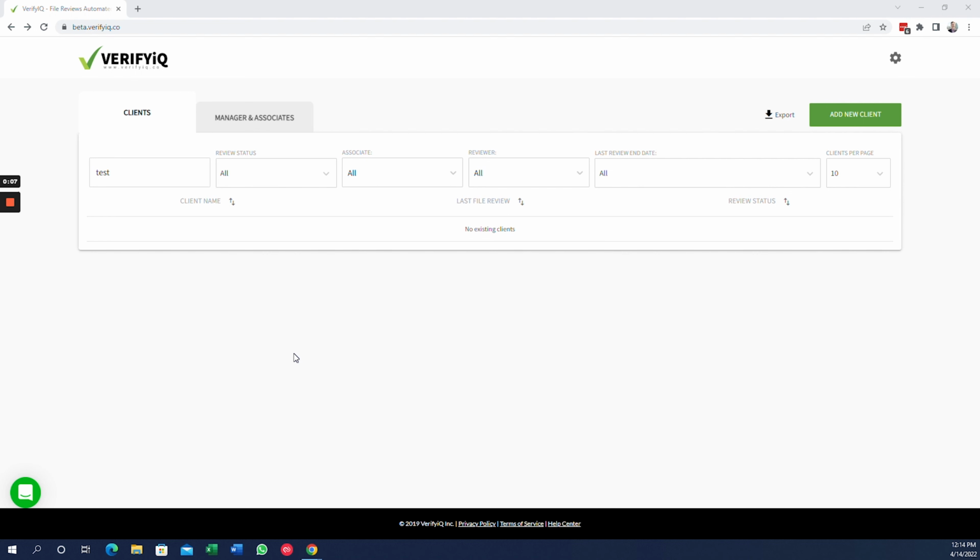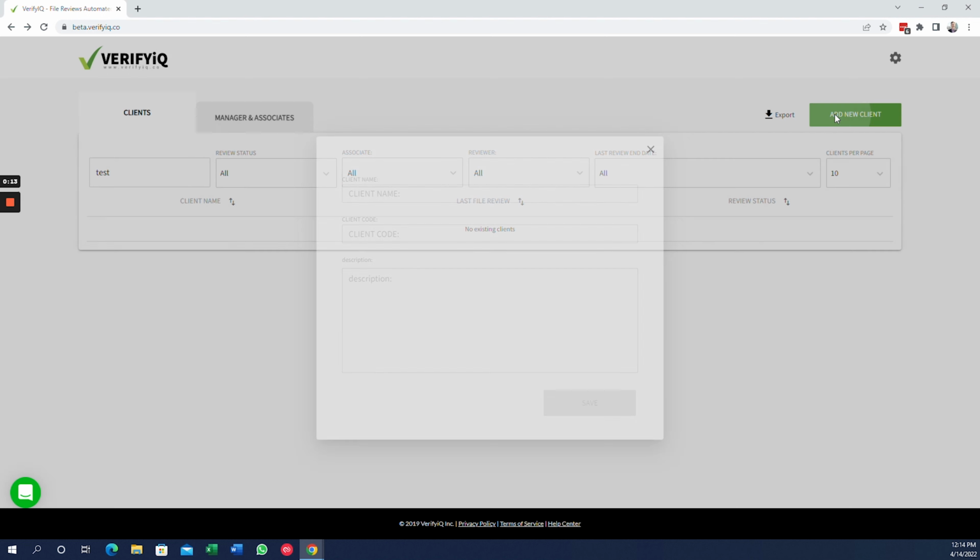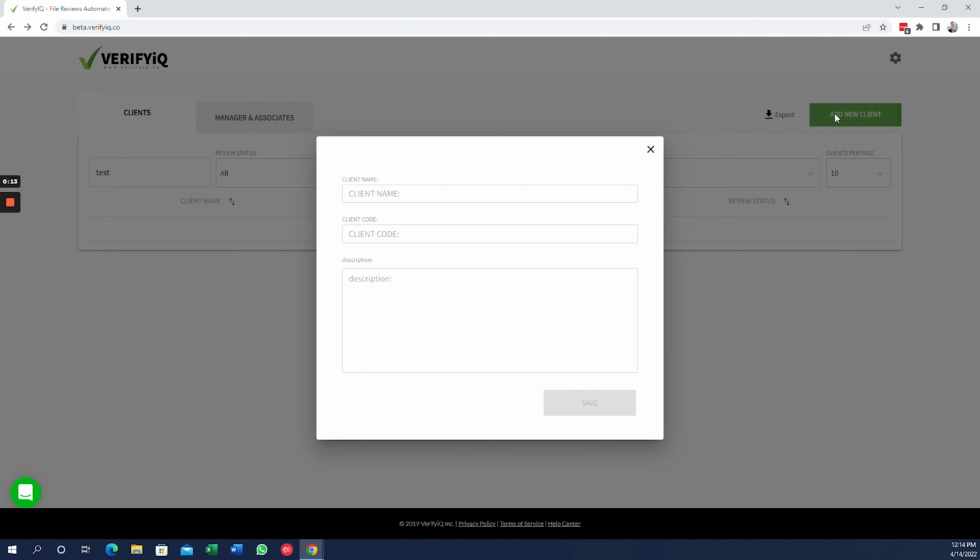After you log in, you will be here on the main screen. In the top right-hand corner, please click the green Add New Client button. Then enter the client name. Then enter the client code. You can also add a description if you wish, but the only two required fields are the client name and